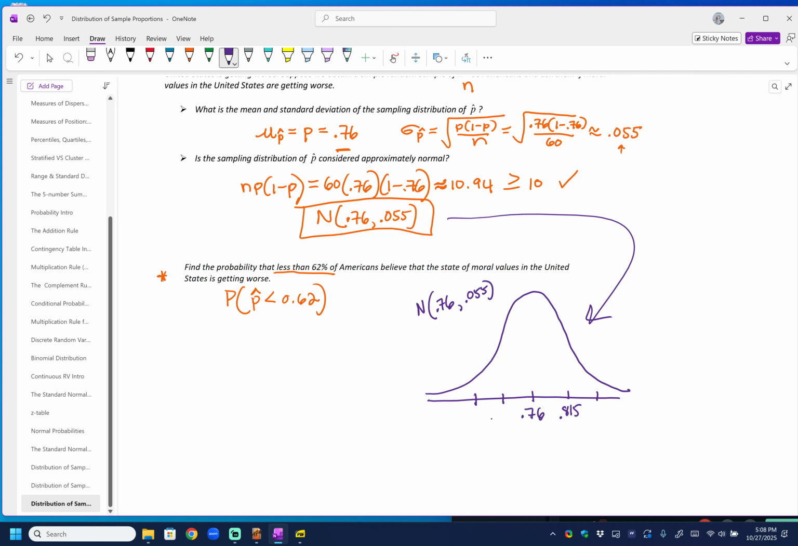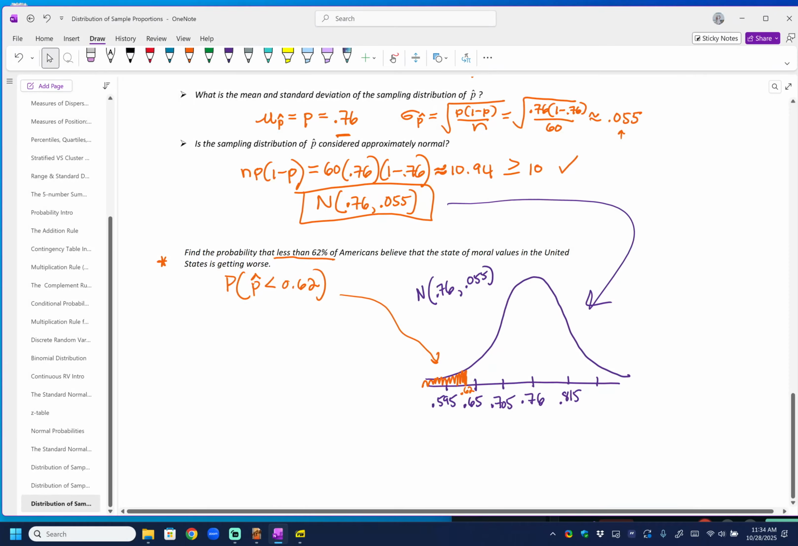Note that this still doesn't cover our 0.62, so let's go down a little bit more. That doesn't do it, so let's go down one more, 0.595, which means we're basically dealing with 0.62, which is about somewhere in here, and we're looking for less than that. That area right here represents this. That's what we're looking for in this problem. Just as we did with sample means, we have to find a way to standardize this curve. So we have to take our 0.62 and we have to